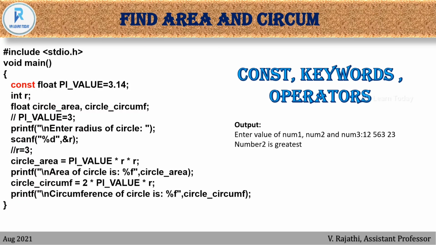And int r is a normal variable, and in between I can change the value of r. It will not show any error because this is a normal variable. If I change the values, the last changed value is taken for the formula. So pi value into r, if I change the value, the corresponding last value will be taken. To give clarification, I just took this program.